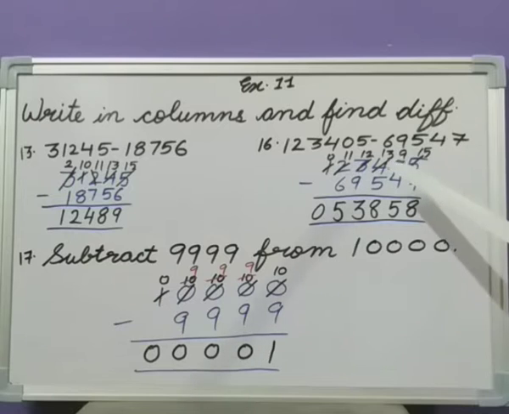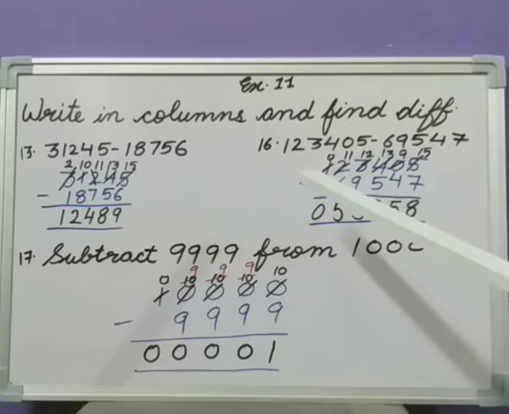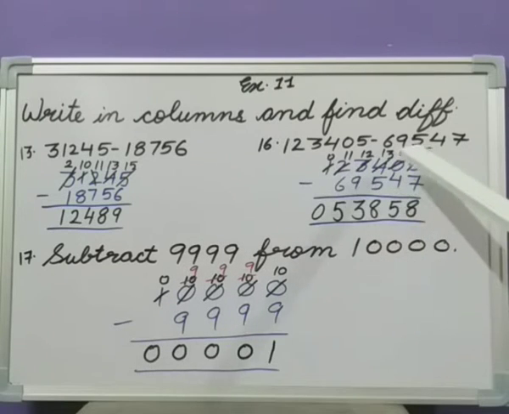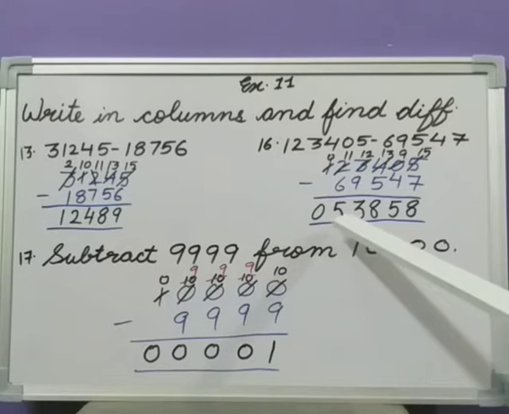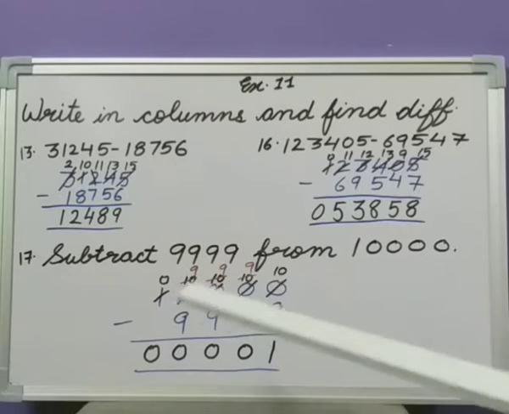1,23,405 minus 69,547. So again we'll write it according to the place values, according to the minuend and subtrahend, arrange them and subtract them. So we got the answer 53,858. Question number 17. Subtract